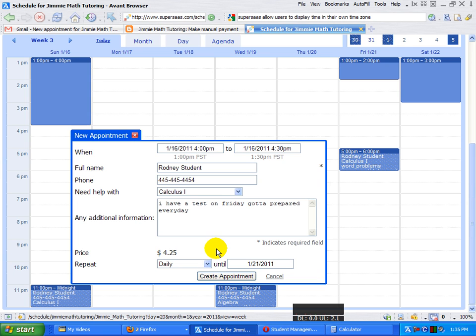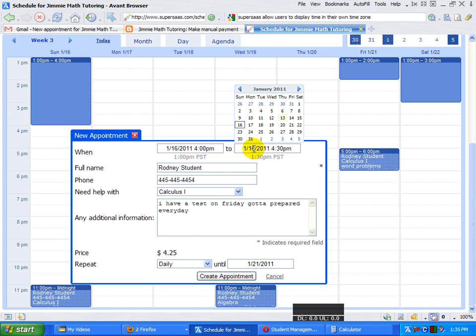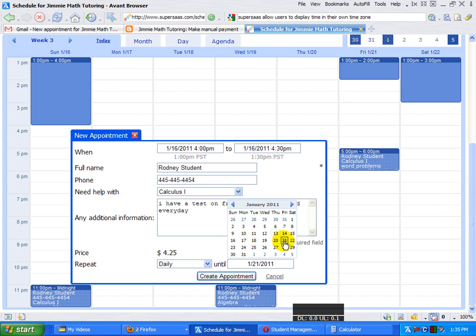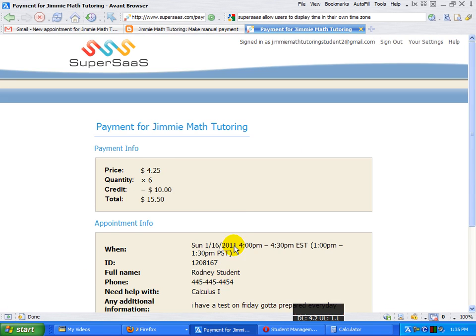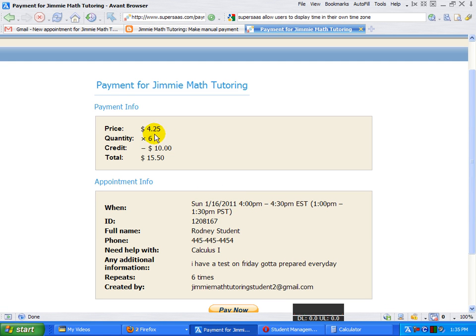The total price, it says, is, well, now let's see. Oh wait, I didn't. You start on the 16th, end on Friday. Okay. Daily until. There we go. So it fills in the price, and it subtracts off the credit, and then you're left with the total price that's due, and so you've got 6 days: